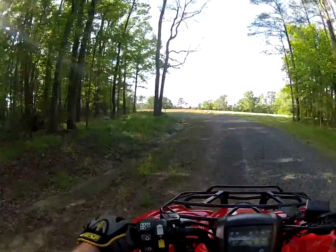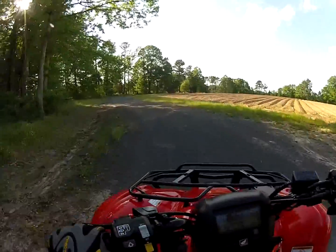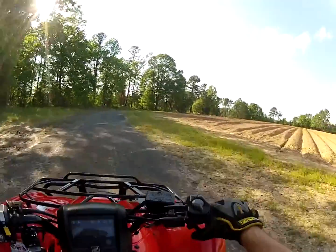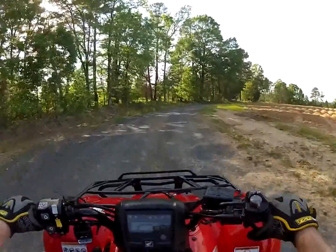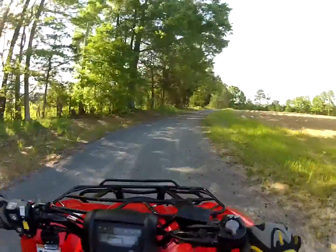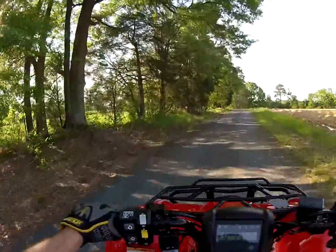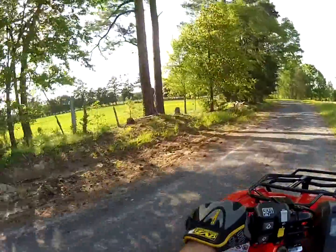These trails like this right here, or like, you know, Lonely Road here, I could ride every day. You know, nice and wide open and smooth, good cruising trail. Now up here on the back side of the Blackwell farm,